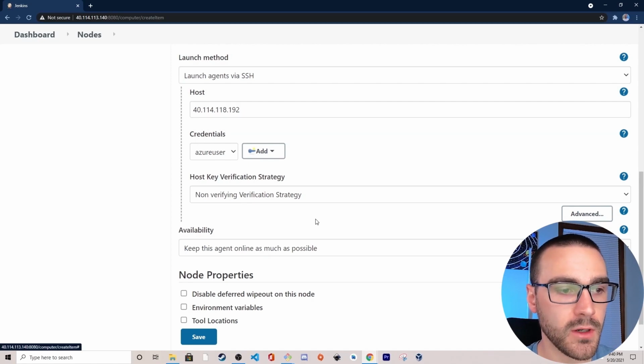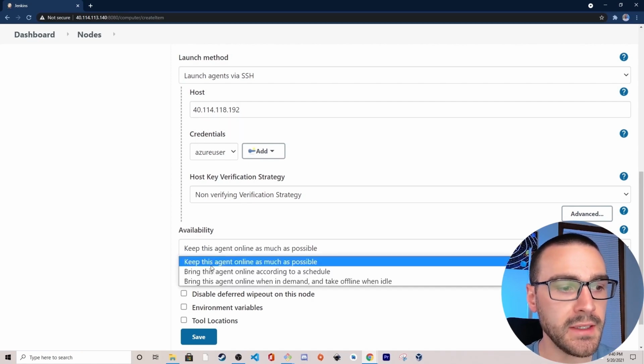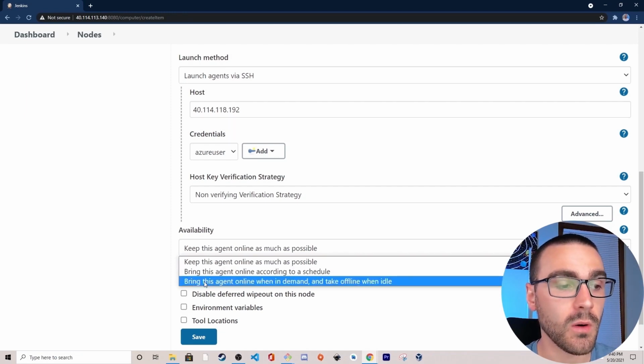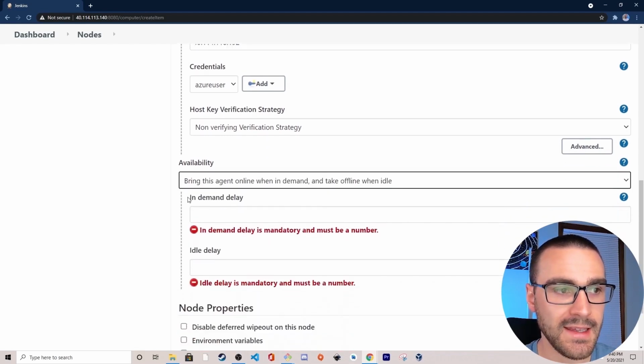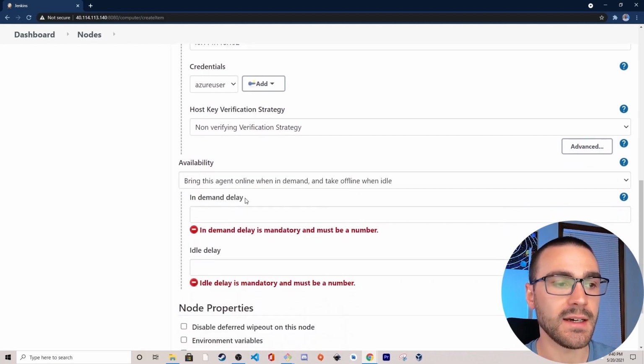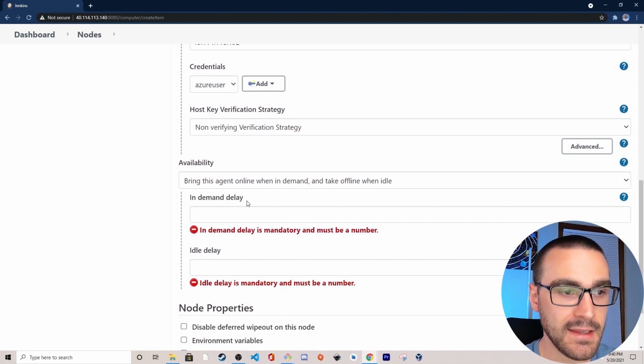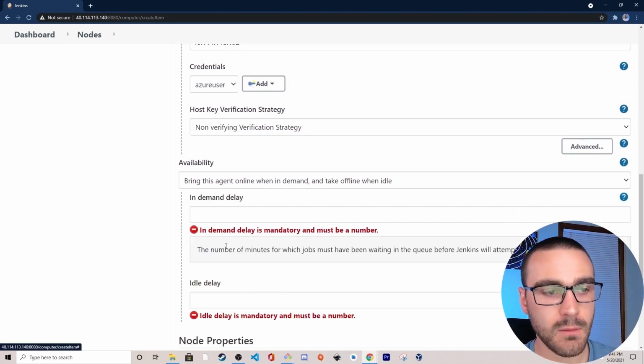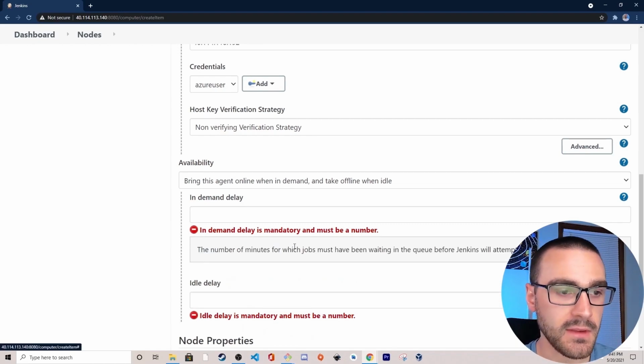We have a couple of other options that we can use for availability, like bring this agent online according to a schedule, or bring this agent online when in demand and take offline when idle. So if I were to select that, I could specify an in-demand delay. And essentially what this means is it's the number of minutes, as it says here in the help section,